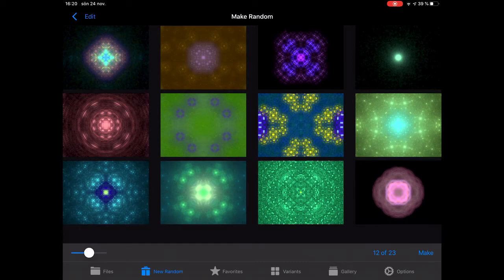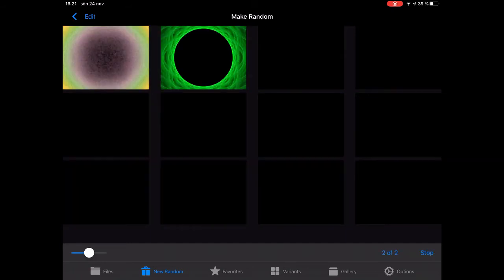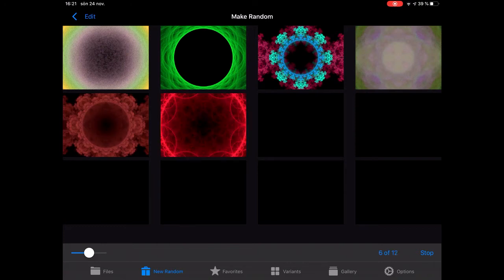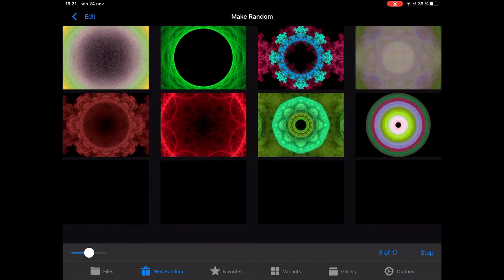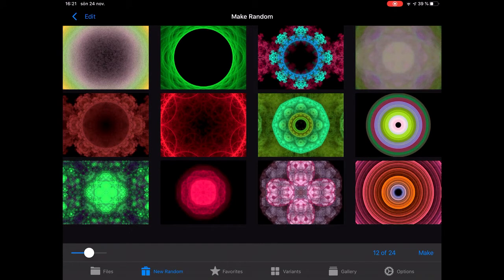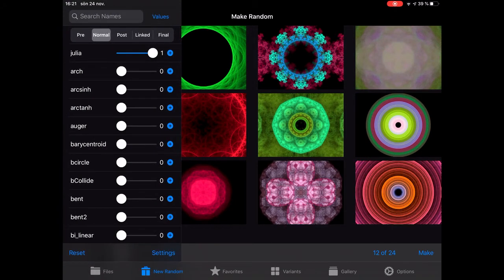Hello, this is a tutorial on making a fractal from the random generation. So I have here now the basic default setup with the Julia. You can see it here. It's Julia there. And when making random fractals, it's easy to think that if I just use a lot of